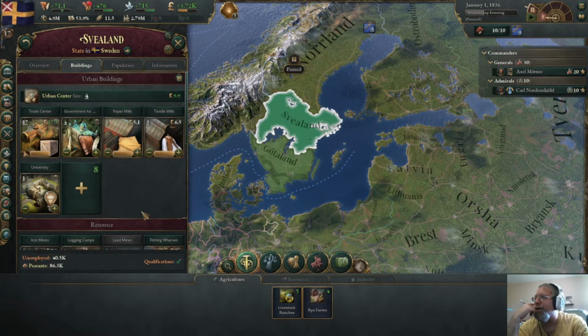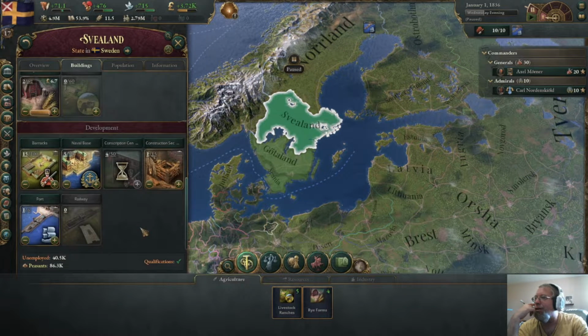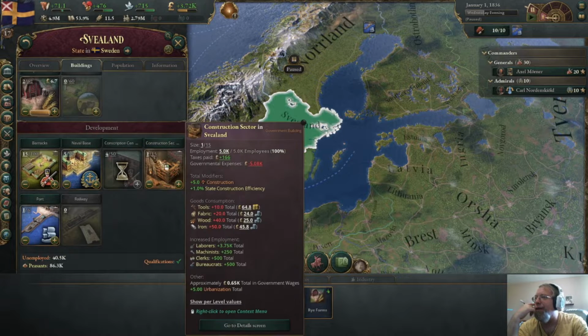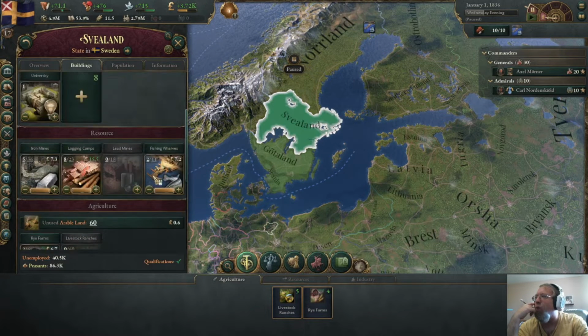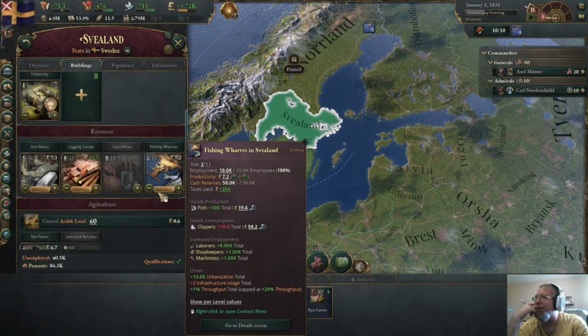So if I go here... Ah, construction site. If I increase this by 1, is that going to affect anything else? Like, does that...